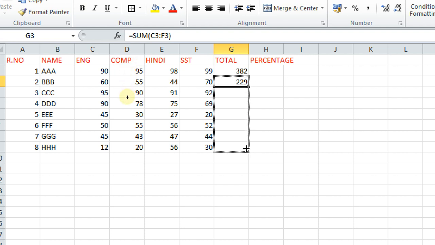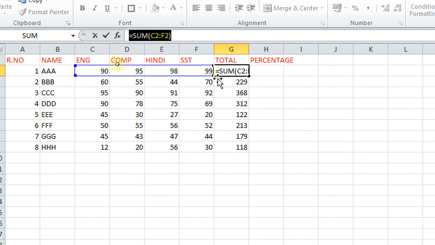I'm not sure whether this dragging function is working properly on mobiles. It is working, I have seen, but it takes a little time. It's not as fluent as it is on computer. Okay, now you can just see, if I show you here, this one, it is sum C2 to F2.